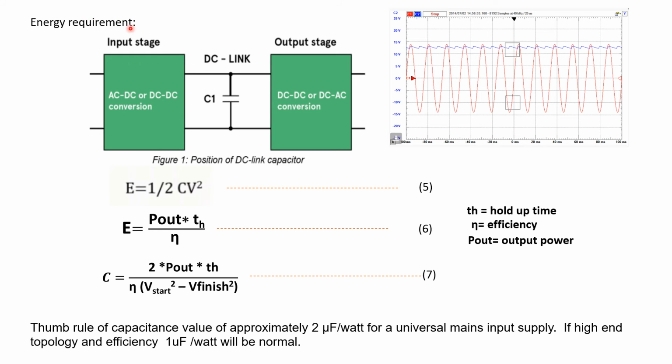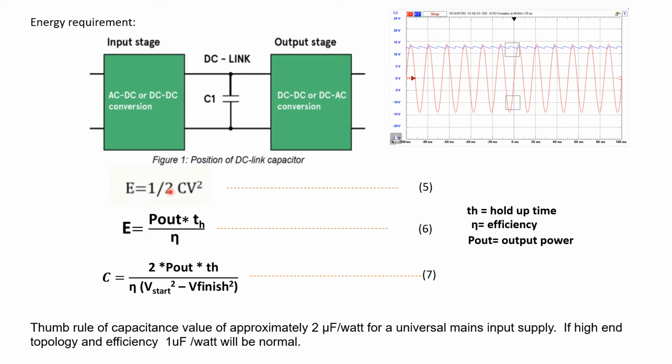Basically, this is the input stage where you take AC 230 volt and convert it to DC using the bridge rectifier. Then you have some filter smoothing capacitor, and one capacitor that is required for the power requirement. Some people use ceramic capacitors for filtering, or some electrolytic capacitors. But if your power rating goes higher and higher, you have to use a bulk capacitor, which is nothing but your DC link capacitor.